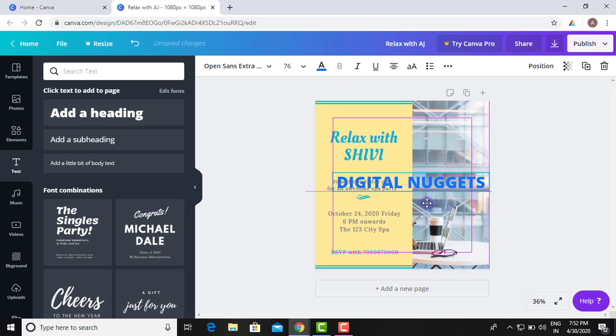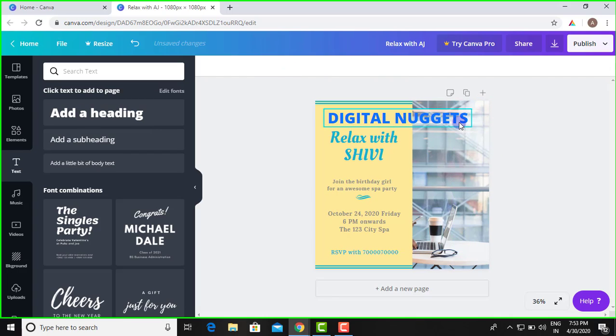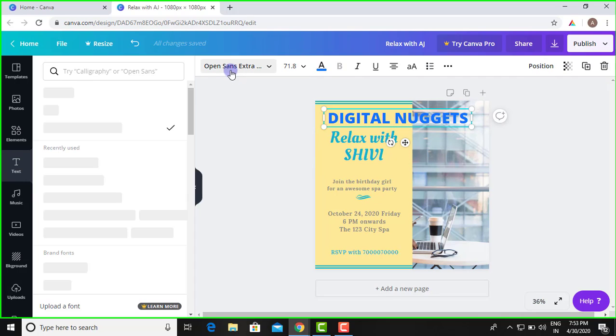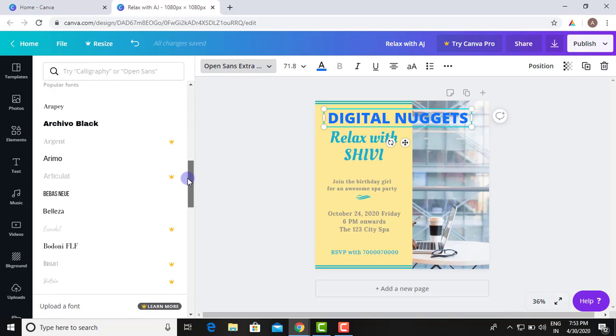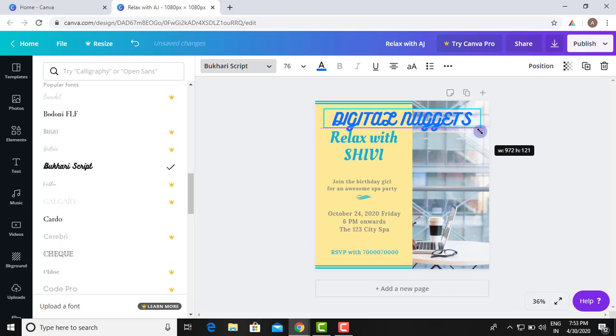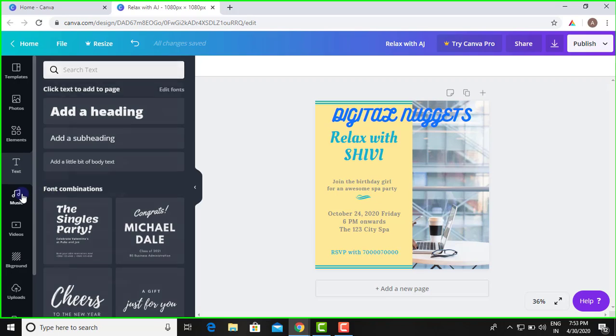Let's say if you want to change the font of your text, what you are going to do is simply click the text and you can change it. These are the headings, these are subheadings, and you can select your text and simply click on this icon. So these are the font designs or the font styles. So we are going for script. This looks a little curvy, so you can add any type of font style that you want for your designs.